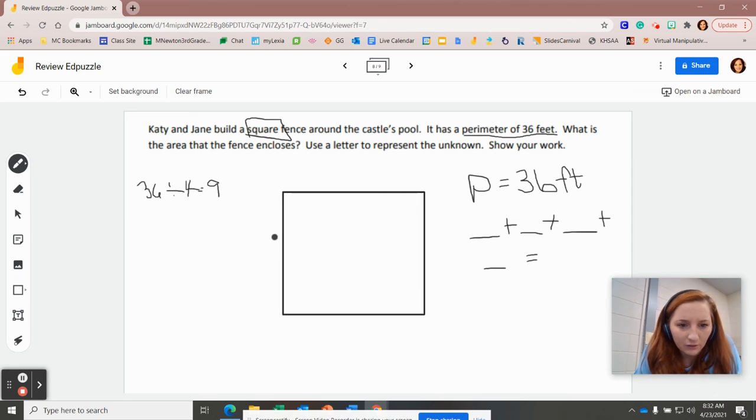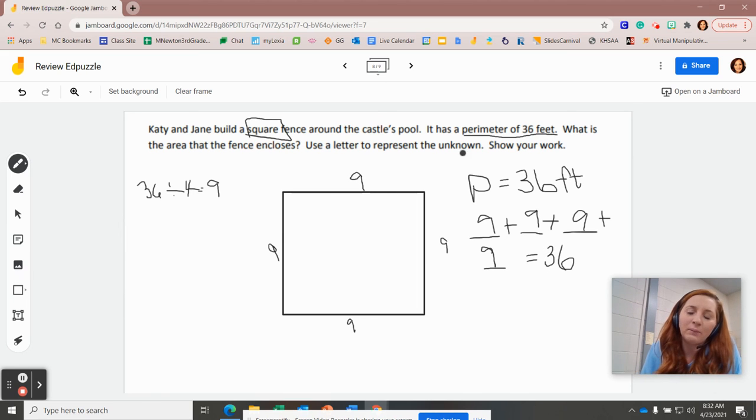9. Good. So let's double check that math. If this was 9, so if we did 9 plus 9 plus 9 plus 9, 9 plus 9 is 18. 18 plus 18 is 36. Okay, so now we know what the side lengths are because we're given the perimeter. Now we need to figure out what the